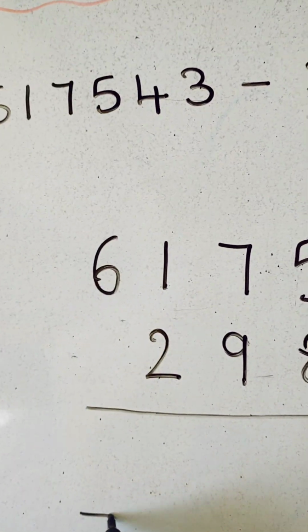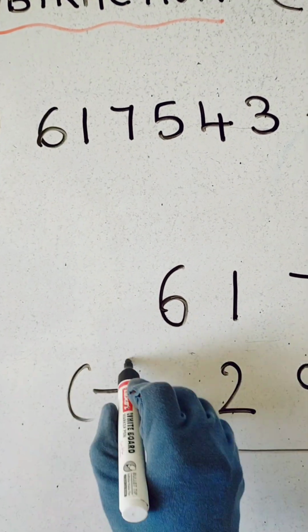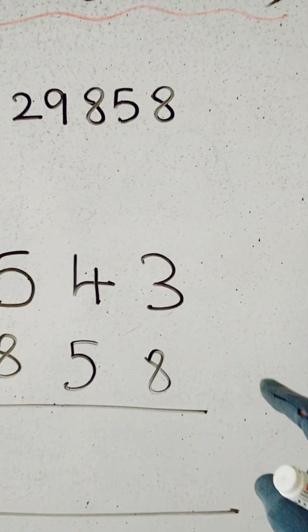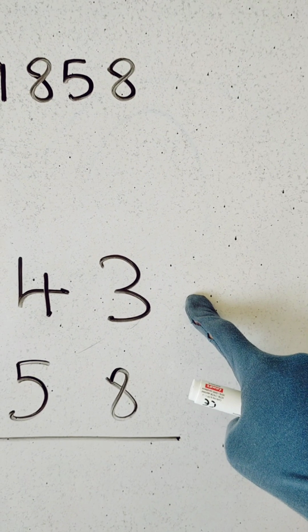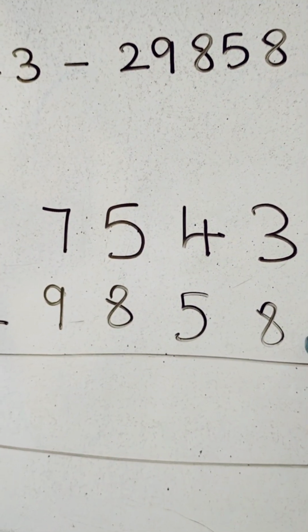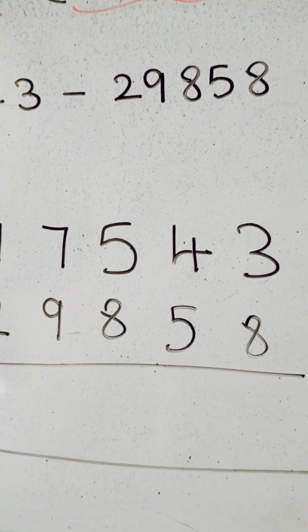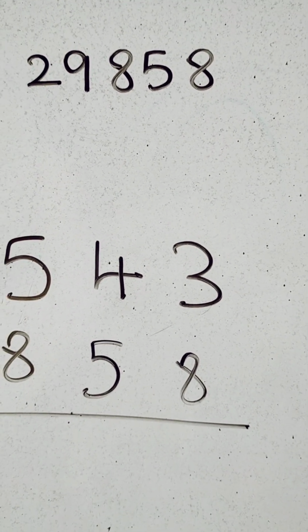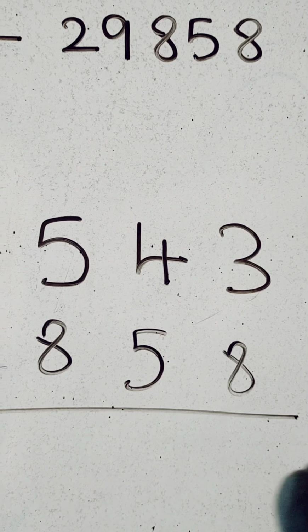Okay, now this is what you have to solve, subtraction with borrowing. So the number at the top is called what? Minuend. And the number at the bottom, this one is called what? Subtrahend. Now you have to find the difference. See, now this number, always start solving it from the right side. From which side? Right side.